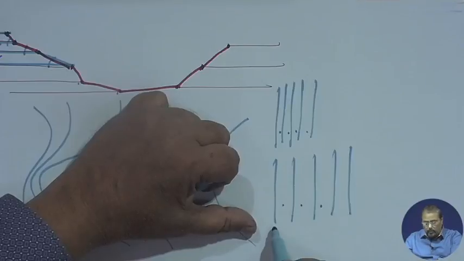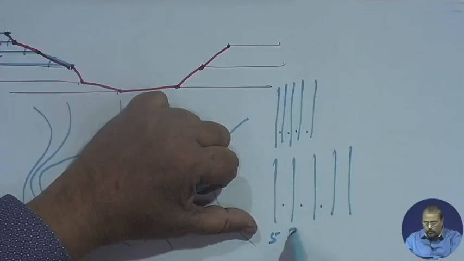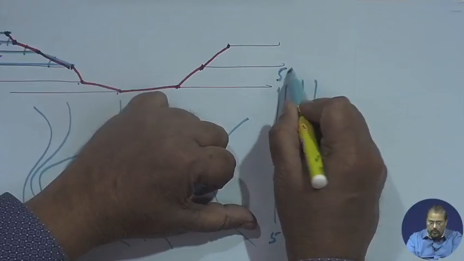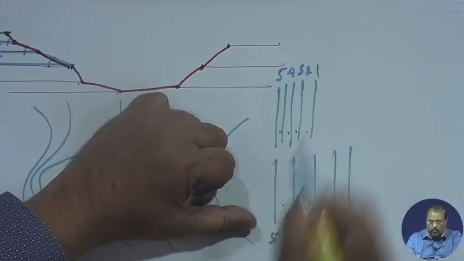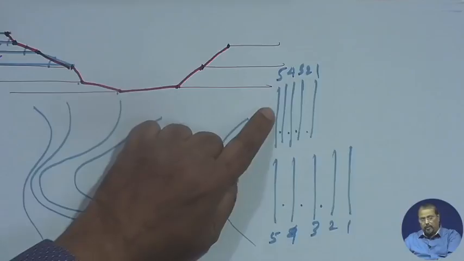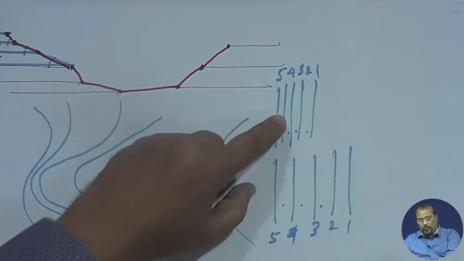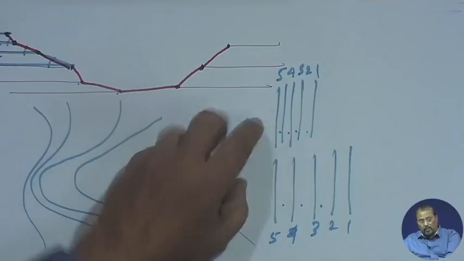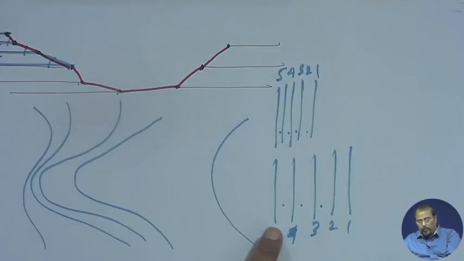If suppose this is 5, 4, 3, 2, 1, and this is also 5, 4, 3, 2, 1. In such case, the 5 is here, the same level. The 4 is nearer, 3 is nearer, 2 is nearer, and 1 is nearer, and they are equidistant. Here 4 is slightly apart, 3 is little apart from 4, and then 2 is little apart, but all this